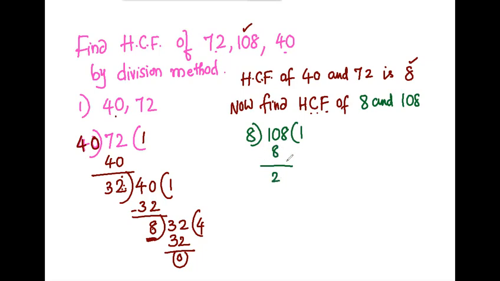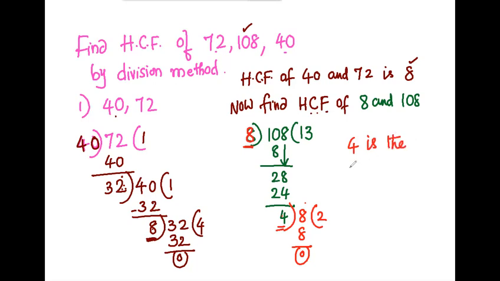So continue the division until you get a remainder. Bring down 8. 8 threes are 24. Now we got the remainder. This remainder becomes the new divisor, and the previous divisor becomes the dividend here. Now divide the dividend by this divisor. 4 twos are 8. We got remainder 0. So the last divisor 4 is